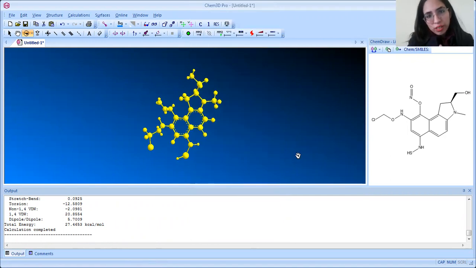We will explore this Chem 3D Pro in the next video. For this session, I would like to share only this much, how you minimize the compound with the help of a force field. And the software is Chem 3D Pro.